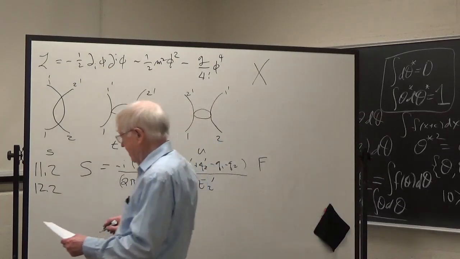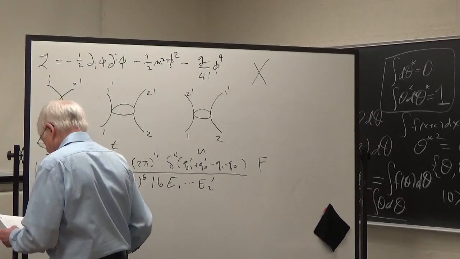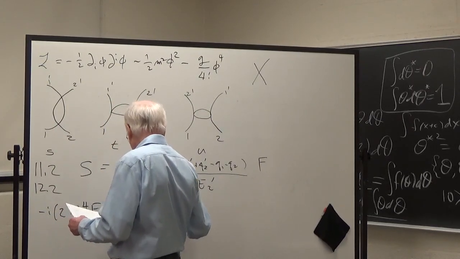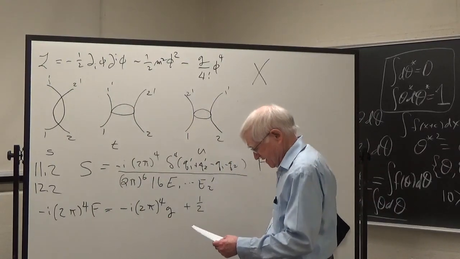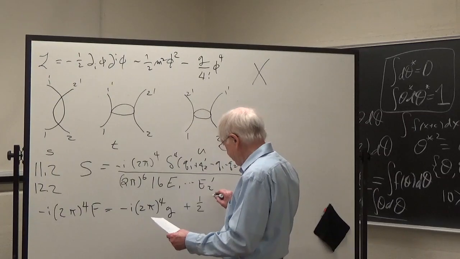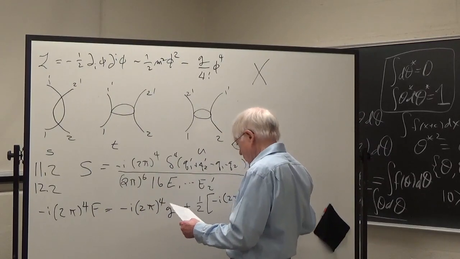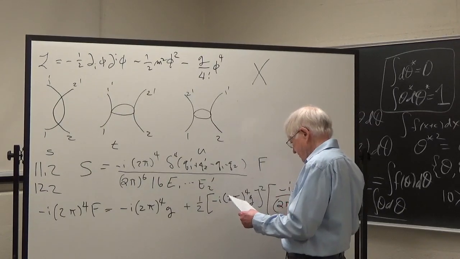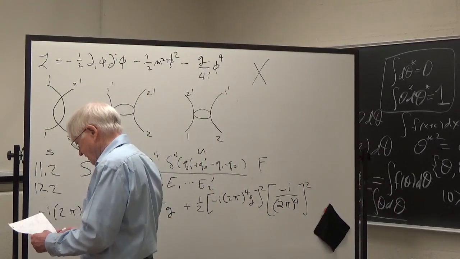And what is F? Well, F is minus i, 2 pi to the 4th times F. First, the lowest order term is minus i 2 pi to the 4th g plus a half. So this presumably is what you guys calculated and turned in today. Plus a half, and this is minus i 2 pi to the 4th g squared, minus i over 2 pi to the 4th squared, and then it's times an integral